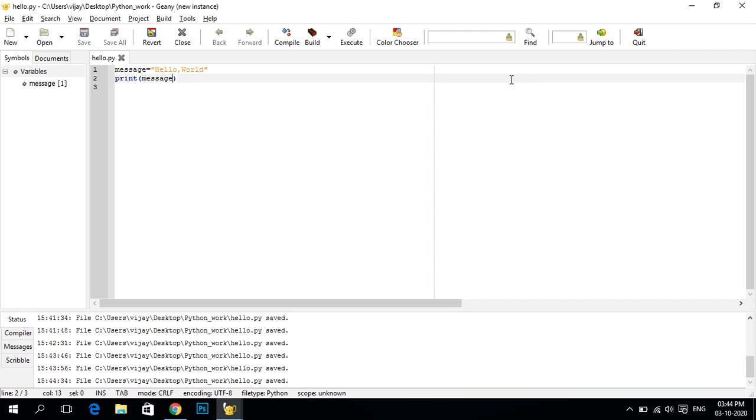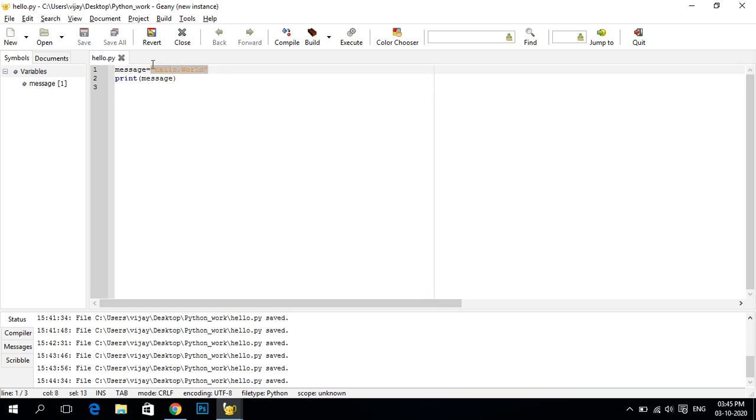Next we have to go for strings. What is a string? A string is simply a series of characters. Anything inside quotes is considered a string in Python. You can use single or double quotes around your string. So what is the string here? In this example, message is the variable. Now hello world is the variable value, but in Python we will say that this is the string written inside the message. So we are printing a string, and anything written in double or single quotes is called a string.